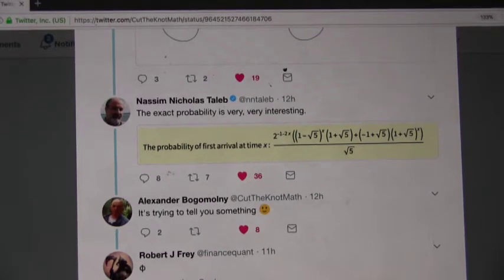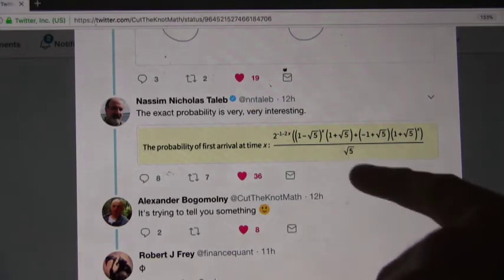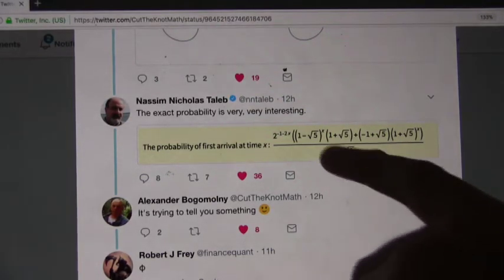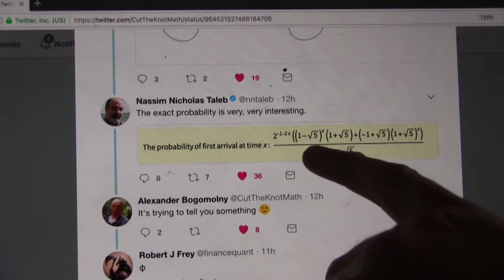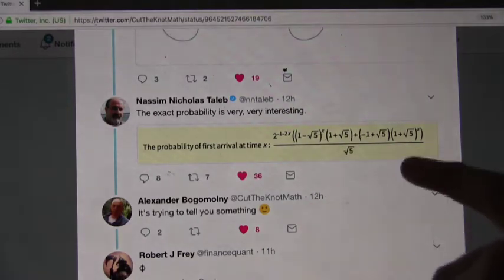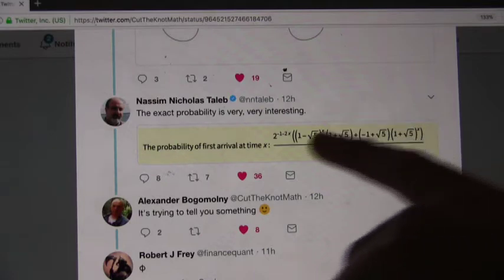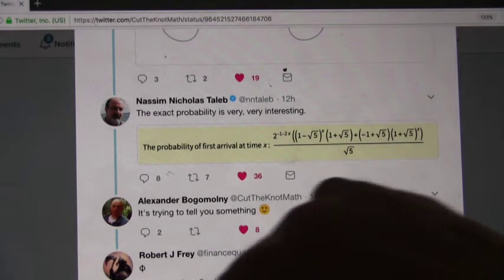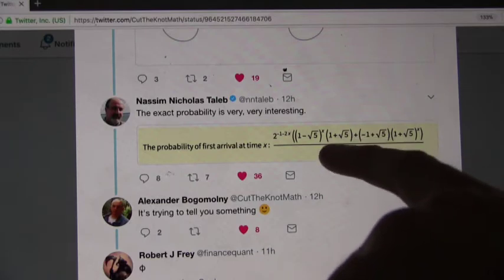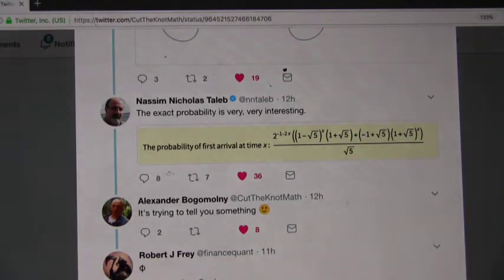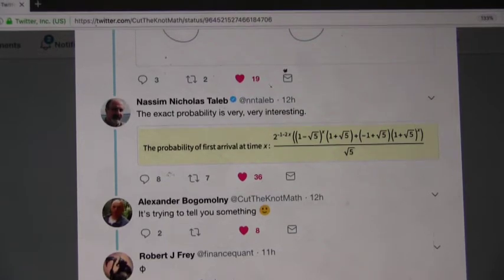Now when you see that expression, after our project today, do you think of the Fibonacci numbers? Yes. A little bit. It looks similar to our expression that we found. It's a little bit hidden, but you do have that constant 1 over root 5 on the bottom. You have (1 minus root 5) to the power instead of (1 minus root 5) over 2, and (1 plus root 5) to the power instead of (1 plus root 5) over 2, but you have these extra powers of 2 over here. So you bring those inside, and all of a sudden, you arrive at a formula that looks a lot like the Fibonacci formula. And sure enough,